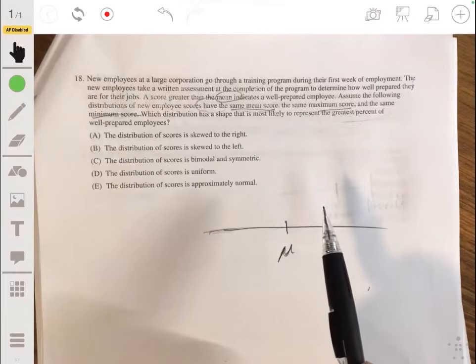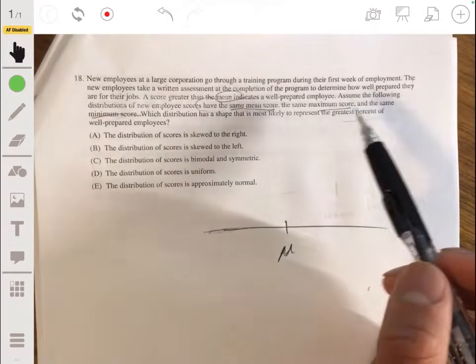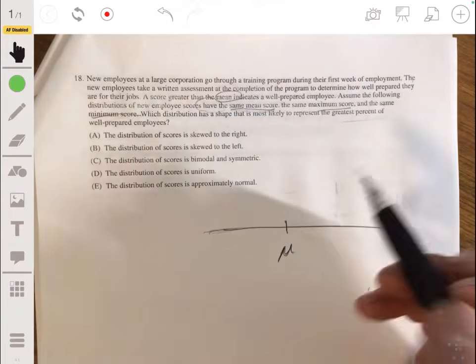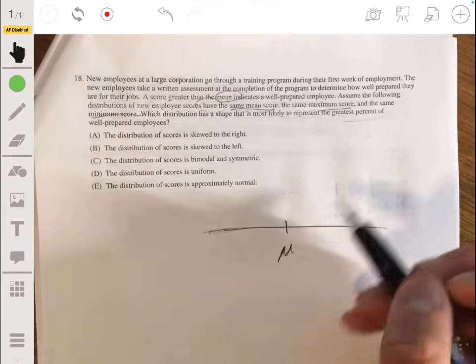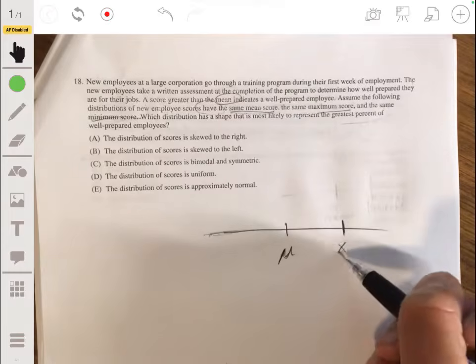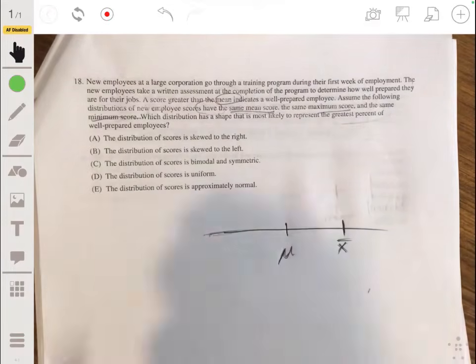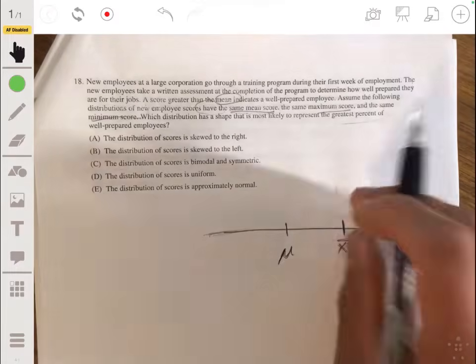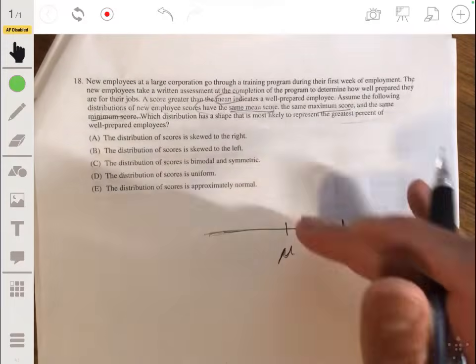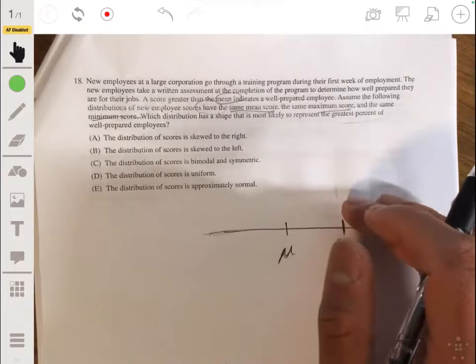Now, if you want to have the greatest percent of well-prepared employees, their mean score has to be bigger than this one. So their mean score is going to be somewhere to the right. Let's call that X bar, the sample mean of that. And that would mean that you would have your density, or the majority of your data centered around here, but